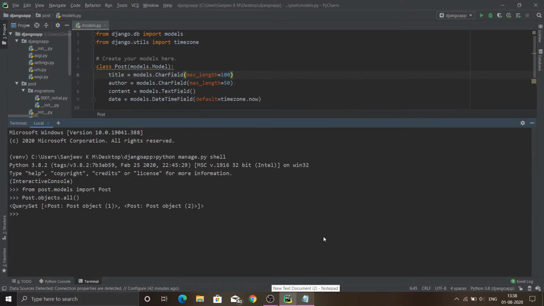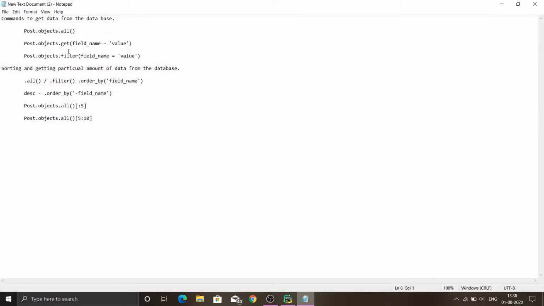To get a particular value from the database, we could use the .get method. This method accepts the field name and value. The field name can be title, content, primary key or ID, and date posted, and can be of any type, and we have to supply a particular value.